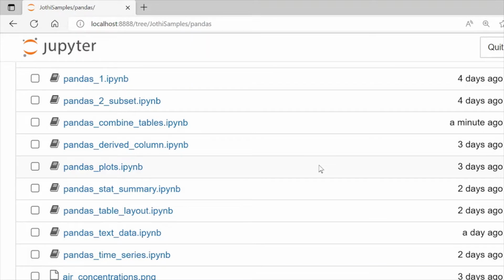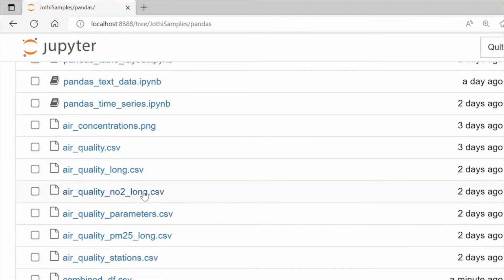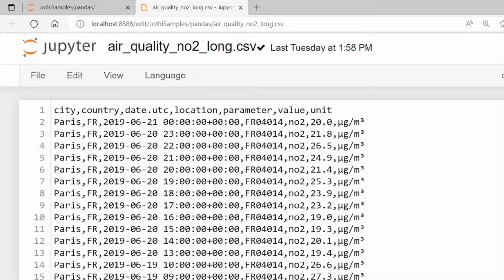In this Pandas tutorial, I will show you how to process data from different data frames and make a single data frame. For this demo, I am taking information from 4 CSV files and making it into a single CSV file. Here you see one of the air quality measurements, and this CSV file has information about the city and the nitrogen oxide